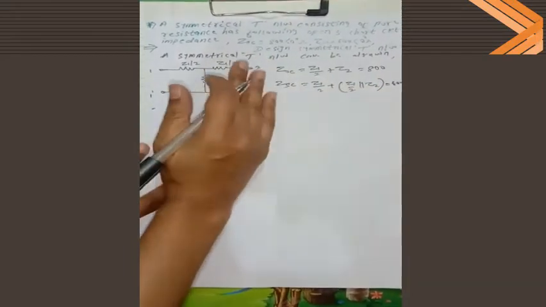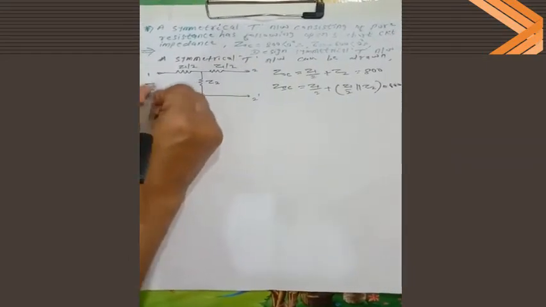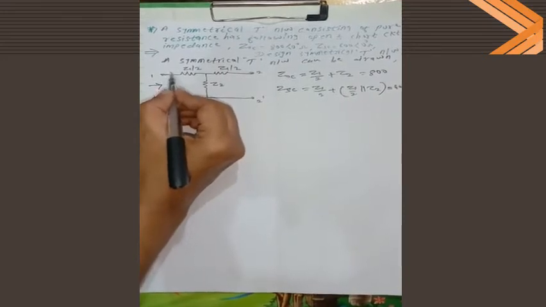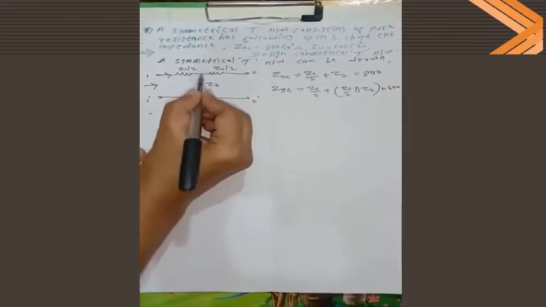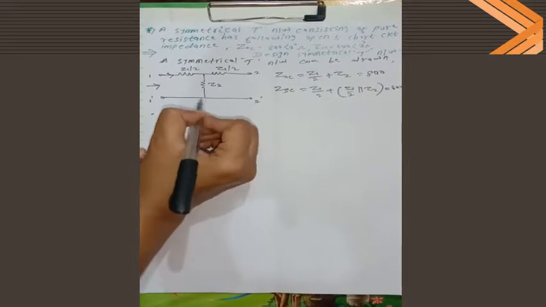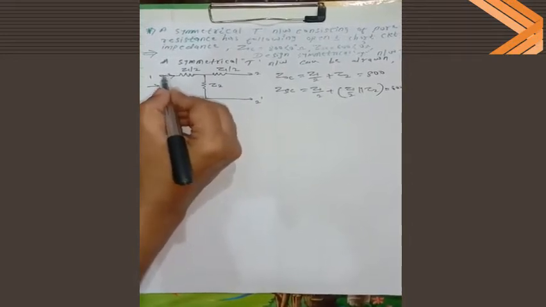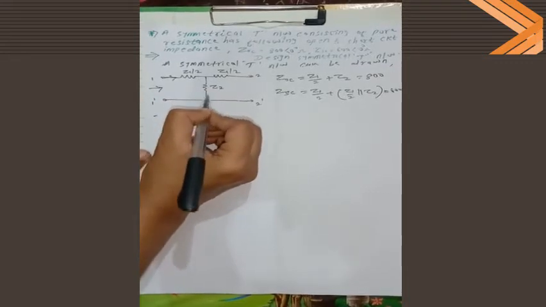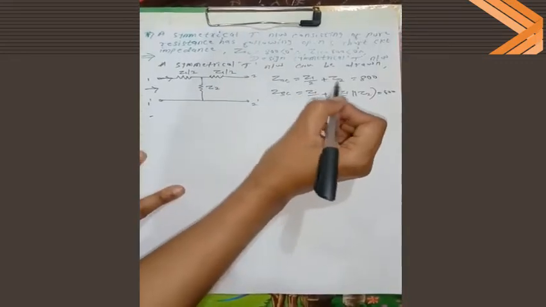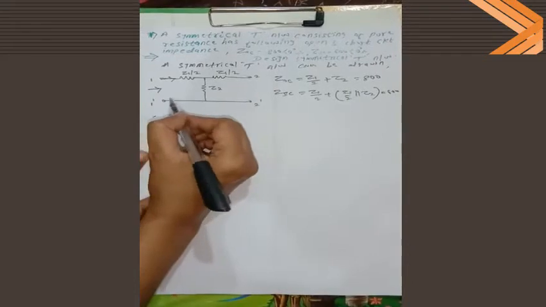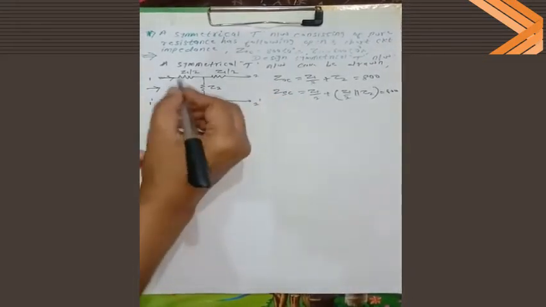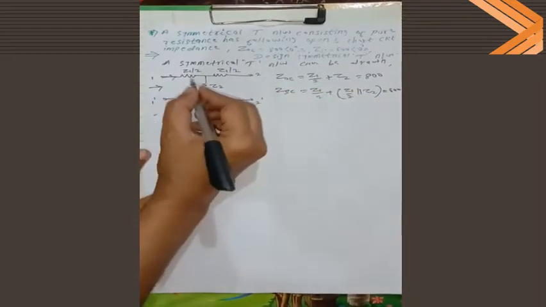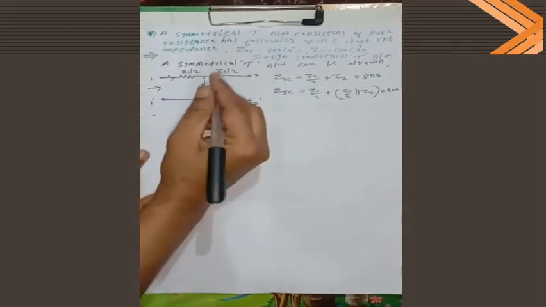How did we get these? See, if we are looking from this side for ZOC, the current will start to flow from this side. It will go here, come here, get down and get back. The current flows through Z1 by 2, coming down through Z2. So Z1 by 2 plus Z2 are in series and the current gets back. So with the output open circuited, the current flows like this. In this way we write this entire term by looking at the network.